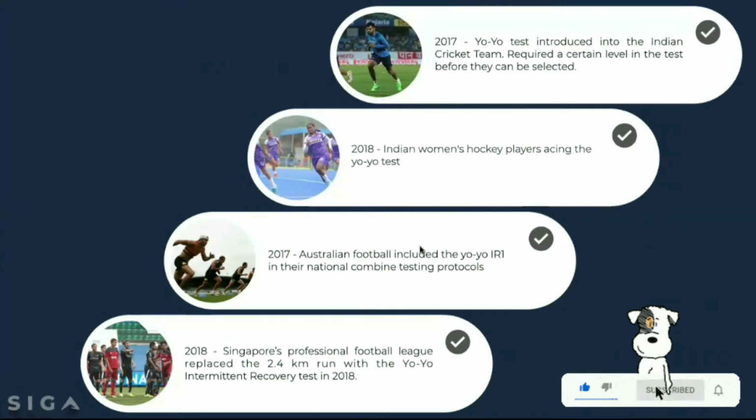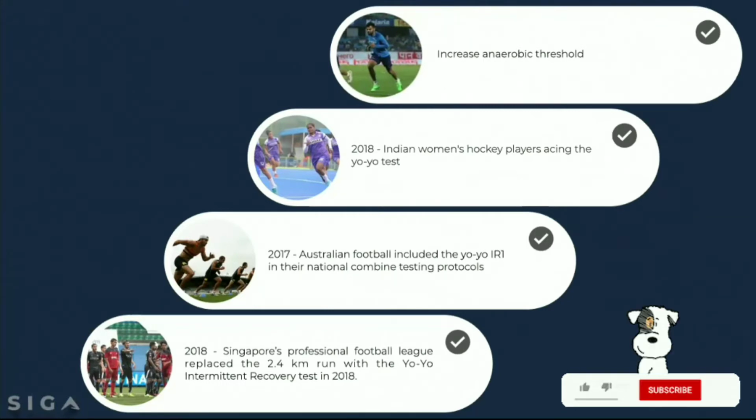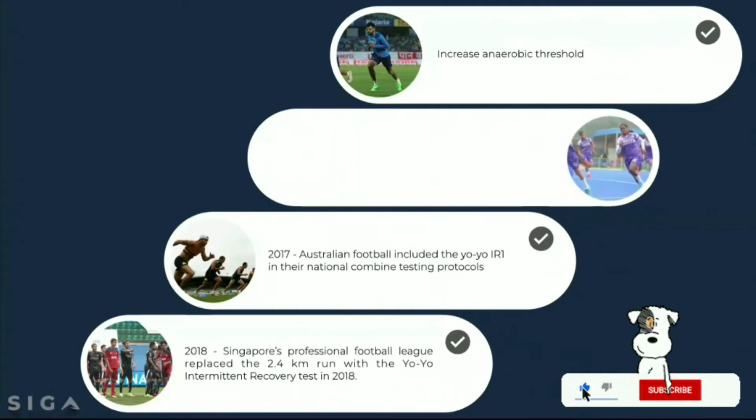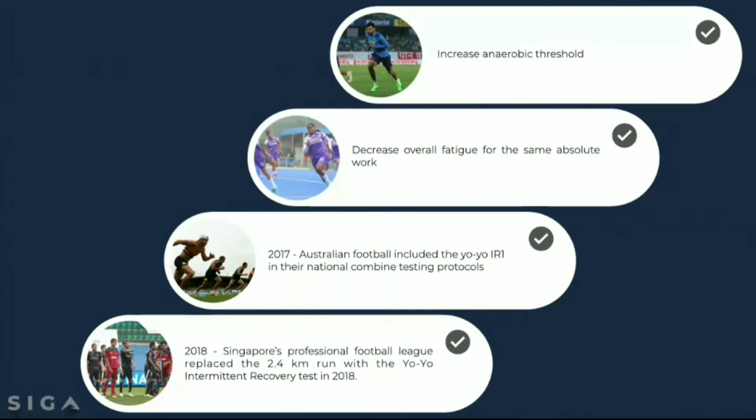But what do these sports have in common that they share the same test? What do they want to test in aerobic performance? First, they want to increase the anaerobic threshold. In order to prescribe training, they do this kind of assessment for better prescription and to increase the anaerobic threshold. And by increasing the anaerobic threshold, you have a decrease of overall fatigue over your session when you compare the same absolute workload. It's very interesting. You're improving your resistance.